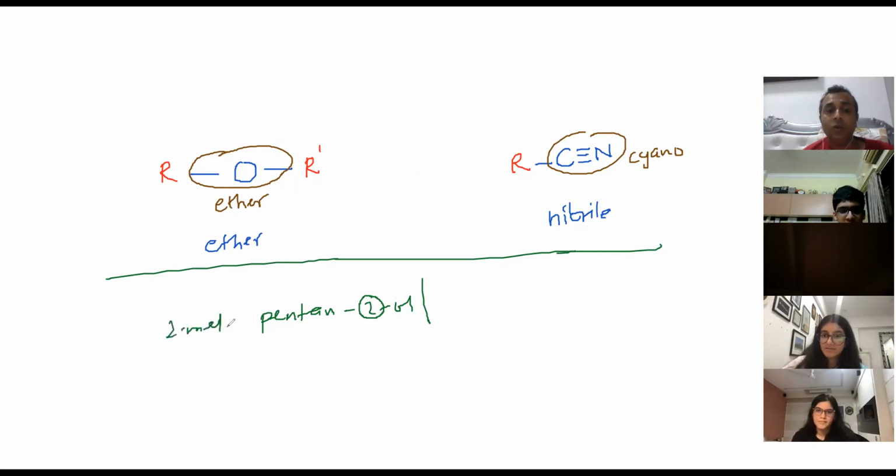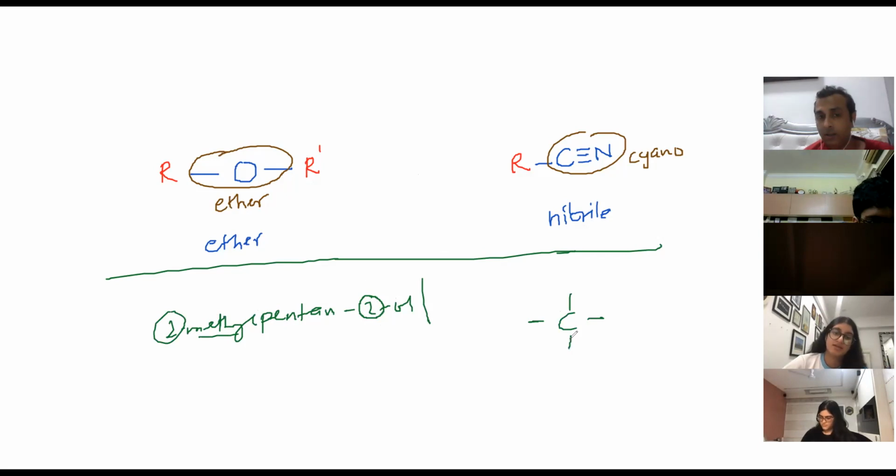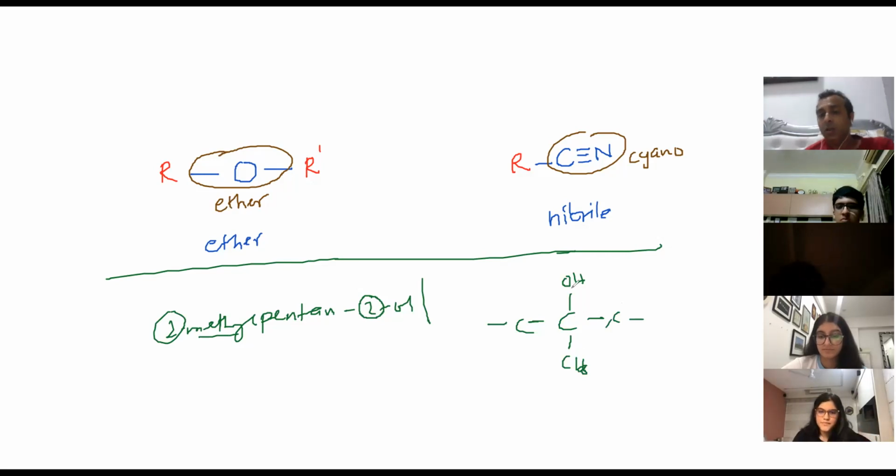Suppose I have 2-methylpentan-2-ol. Now it'll be tertiary, because there is a methyl on carbon 2 and also the OH on carbon 2. That means the carbon's 4 bonds: one is OH, one is the branch, and there's already a carbon chain. Understand? So the carbon is bonded to 3 carbon atoms. The OH is bonded to that carbon which is further bonded to 3 carbons.